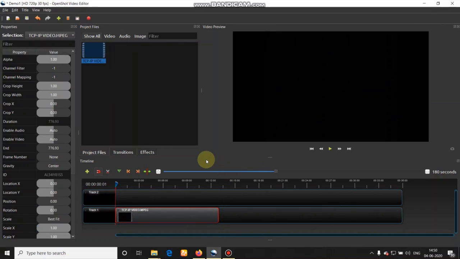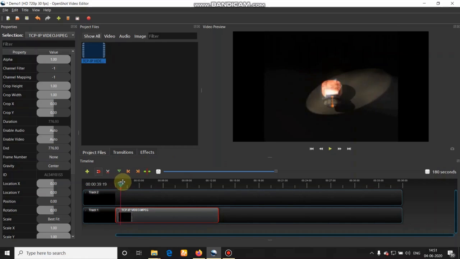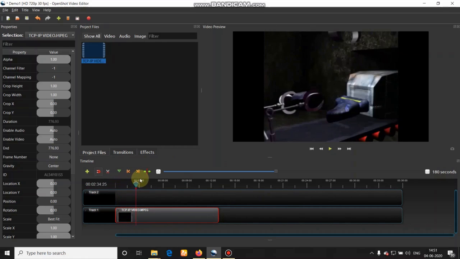Now I want the volume to be boosted at a particular level. For example, suppose we take the volume should boost at this level, that is at 3 minutes. So make your slider move to that particular place.